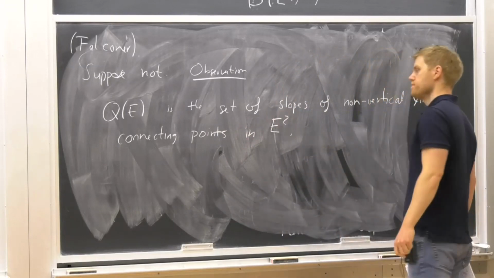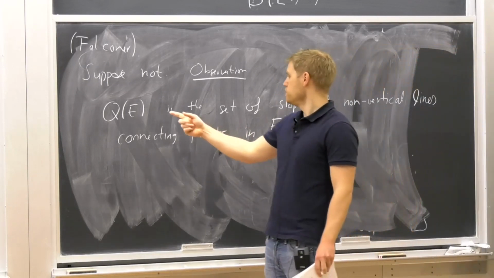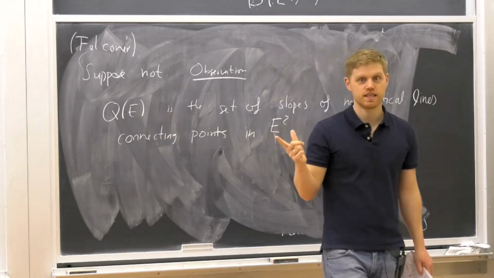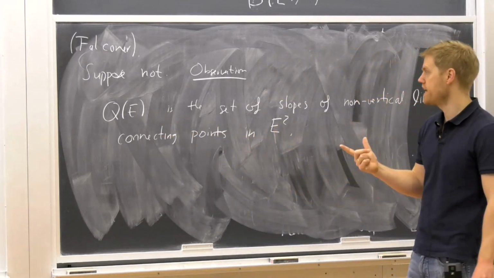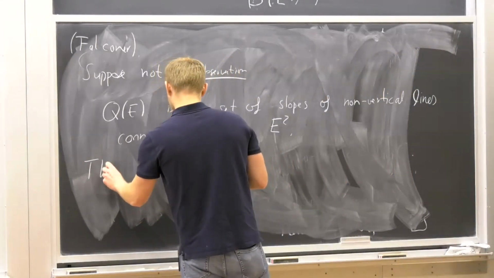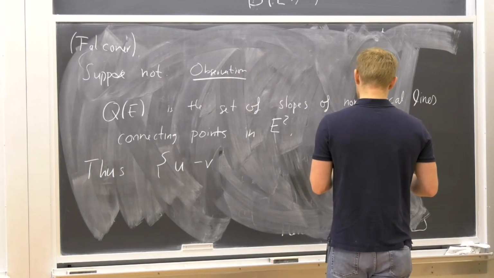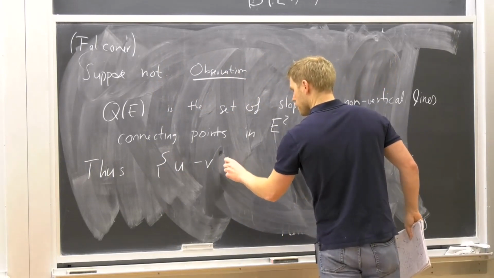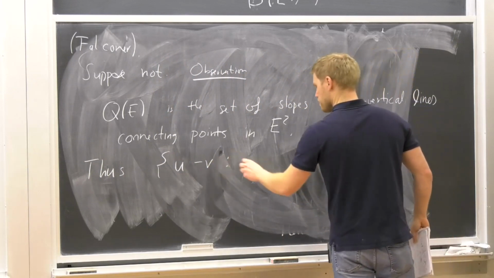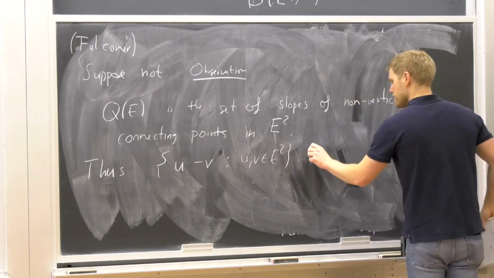So points in E square. All right. So then this being not dense means that there is a certain set of slopes between points that you do not have. I will draw this in a second. So I'll draw this and it becomes clear that if you take the difference between two of these points, this gives you the slope, and these live in U square, is disjoint